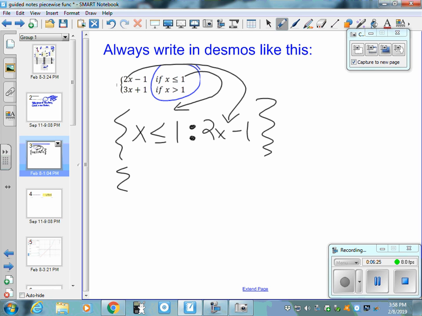So then when I was putting in the second one, I would do x greater than 1, 2 dots, and then 3x plus 1, curly bracket. So that's how you're going to put these piecewise functions in Desmos. So we're going to start with